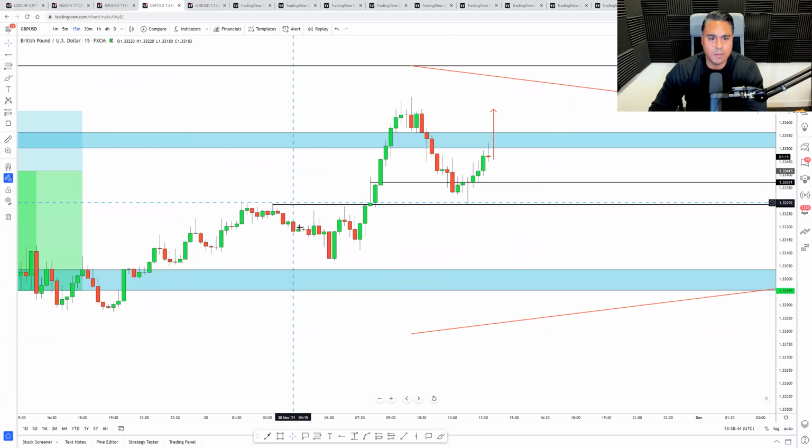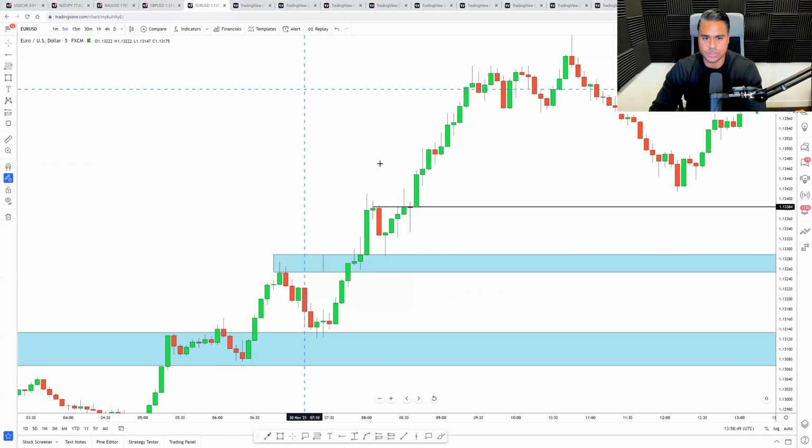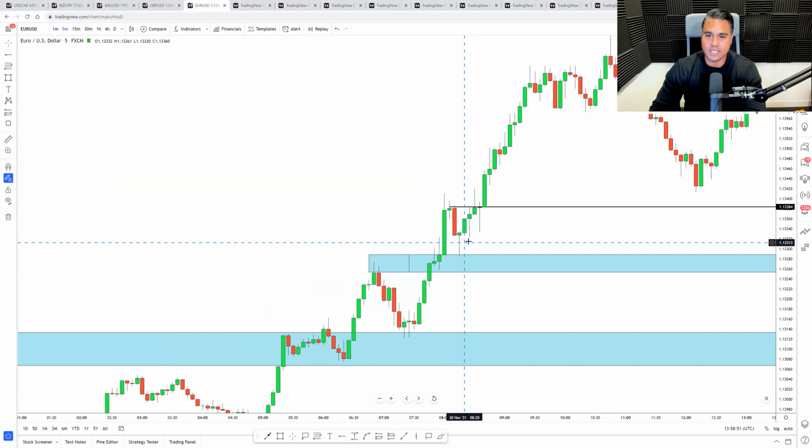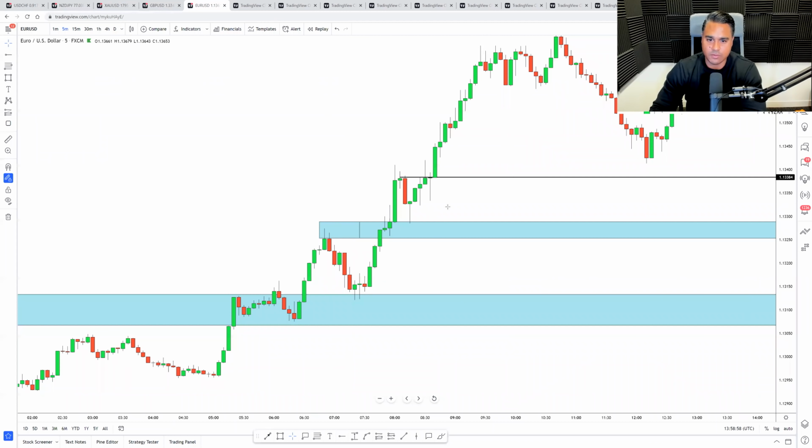Okay. And another pair that we took a look at today, and a really nice call here, was on this EURUSD. The thing with EURUSD is it just continues to fly to the upside, so it's very hard to get an entry. But I just want to share this with you. We have some major key levels here that we have drawn in. And look at this. You have 1, 2, 3, 4 points to identify an uptrend. And then look at this simple trade in here. You just have a simple break, a retest of the structure, bullish candle close, stop loss below the key level here. And you just look to ride this back up to a major structural high,